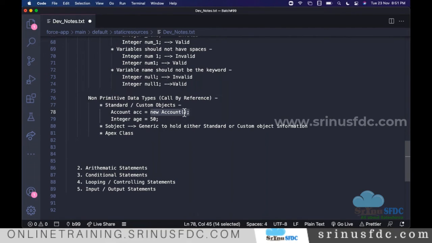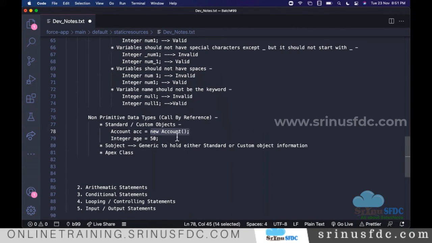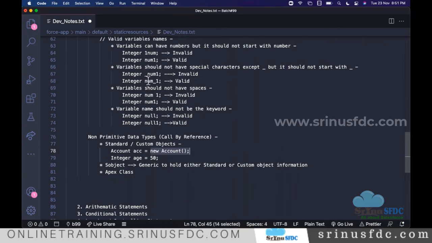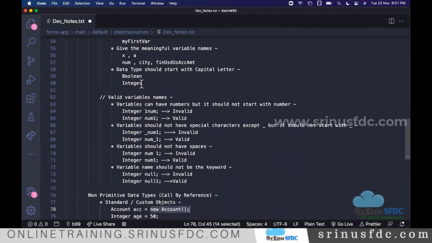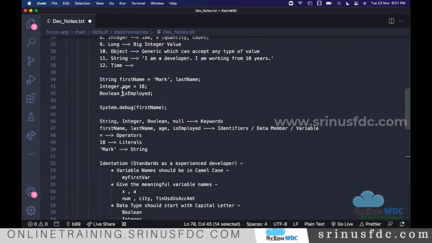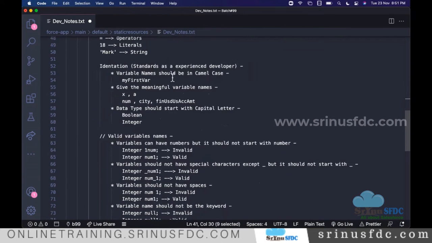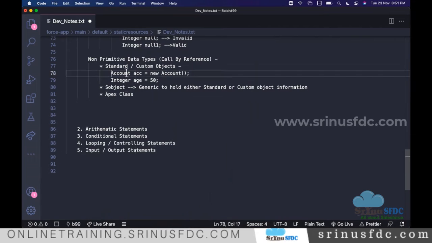So that's the difference. To make it easy, if you don't want the headache of remembering all this: with a primitive type, you directly define the variable and assign the value. But for a non-primitive type, when you define a variable, you have to create the instance by using the new operator, and only then can we assign the value.